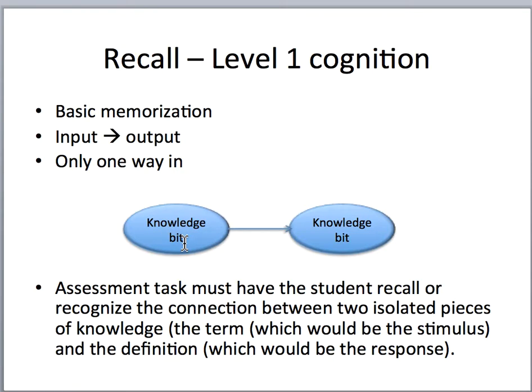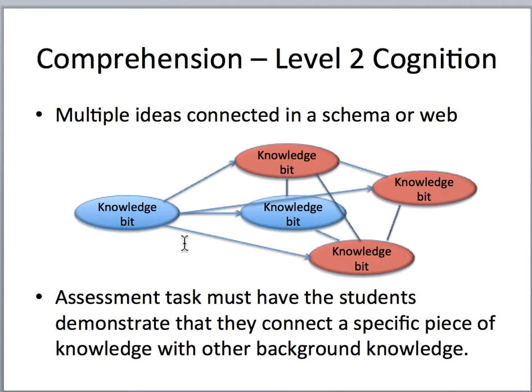The earmarks are, right, I have no evidence of whether or not this student has integrated this knowledge with anything else that they understand. They probably can't paraphrase it or put it in their own words. They probably can't connect it to different ideas. So if I am testing at a recall level, I'm just testing for things that they may have memorized but don't really understand. If I want to go a level up to level 2 cognition, this is going to be